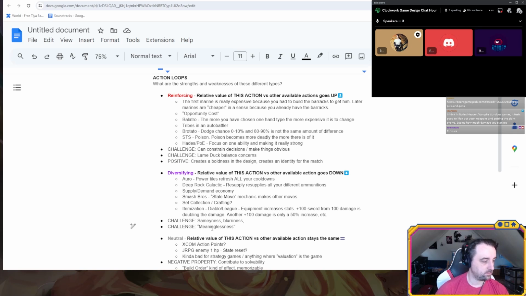I'll give an example of something that would probably be more difficult to keep track of in your head. Say you had a bunch of abilities in a fast-paced action game, like you can only move left, move right, move up, move down, and they're like a diversifying loop. So you're staying in the same-ish area.